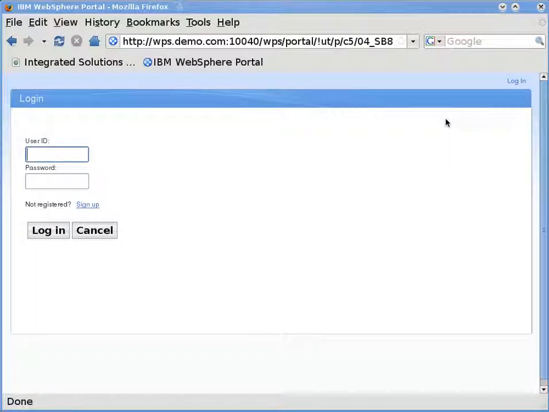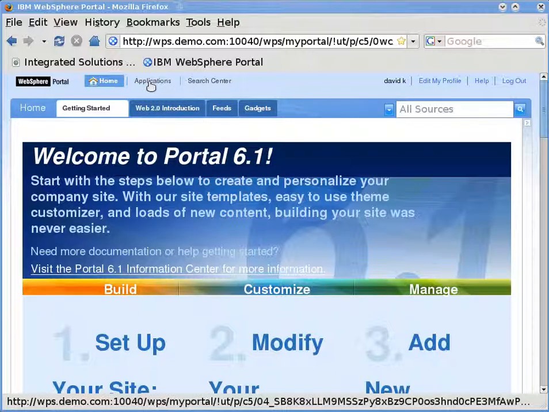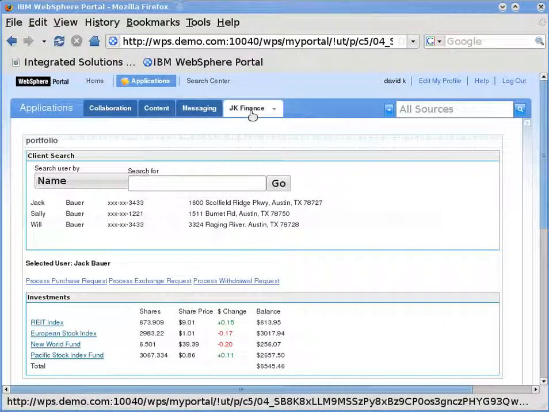TSPM 7.1 working with out-of-the-box support for WebSphere Portal. So we have a WebSphere Portal application, and let me start by showing you the objective that we want to accomplish is. We have a user, and we'll see how we define all this, David K., who is a financial advisor, and by defining that into TSPM, we made it so when he goes to this JK financial